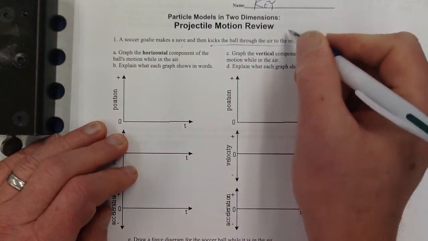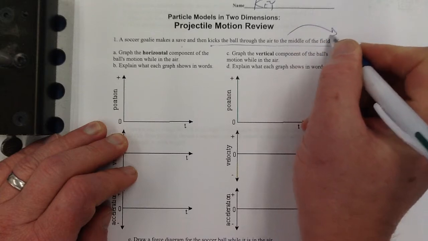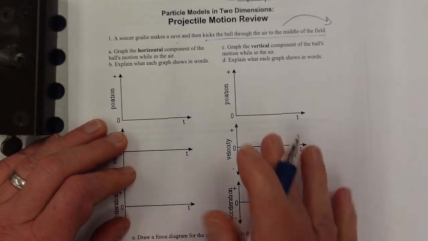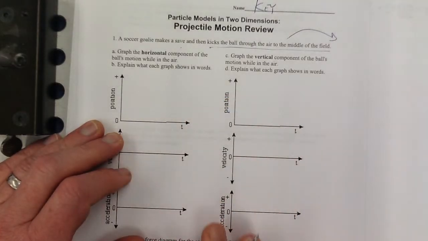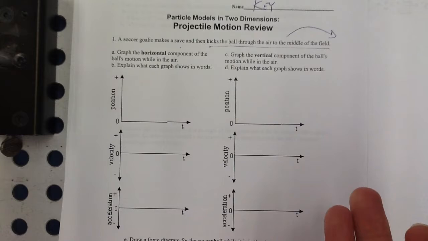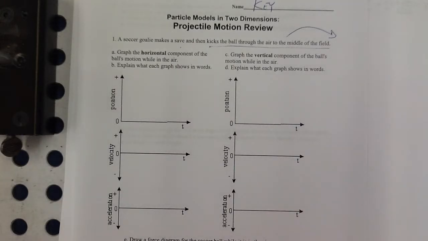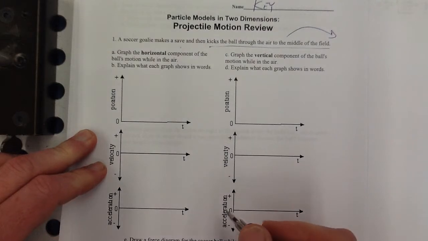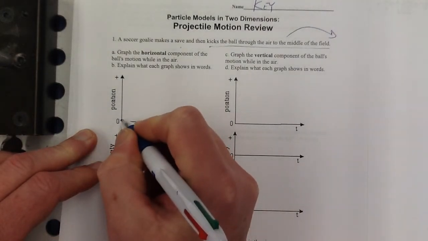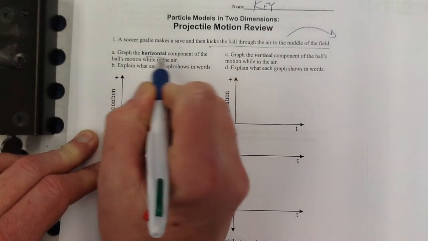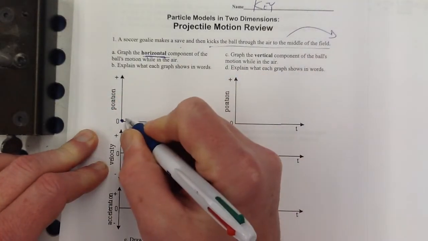the middle of the field. So we're talking about a ground-to-ground kind of kick, like that. Graph the horizontal component of the ball's motion while in the air. I think this should remind you of the lab, right? Projectile ball. So if we say that the starting position of the ball is 0, then the horizontal part is constant velocity,